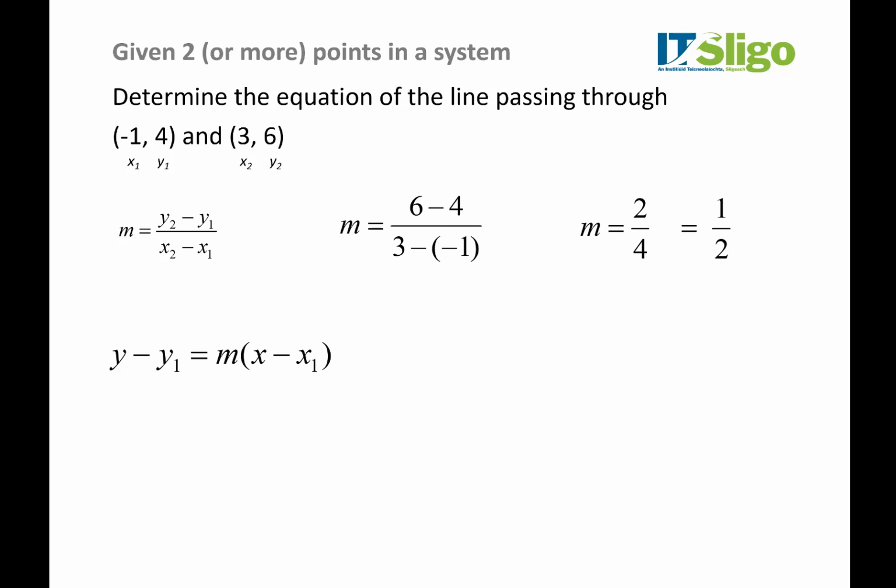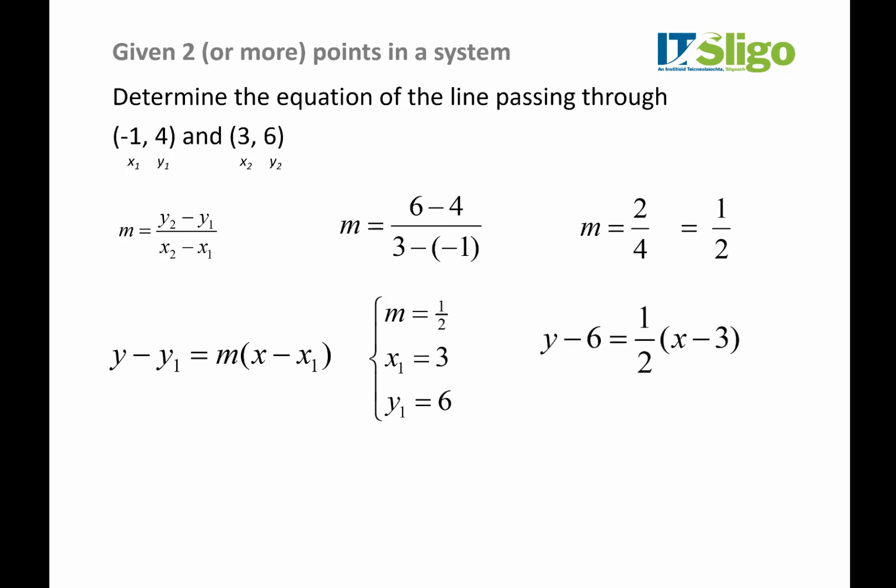Now, guys, I can pick either point to feed in. But I'm going to pick this point here because it doesn't have a negative sign. Negative signs always make your life difficult. A 0, guys, is always your friend. So if a point has a 0 in it, that would always draw me towards using that point, because a 0 just makes your life a lot easier. So we're going to use 3 and 6 as x1, y1. Don't worry, guys, about the labeling as in, oh, this is x2, y2. It doesn't matter. As long as you pick one point,